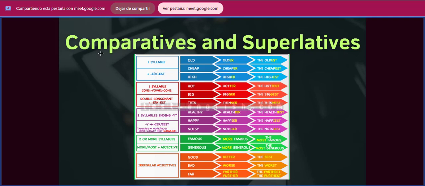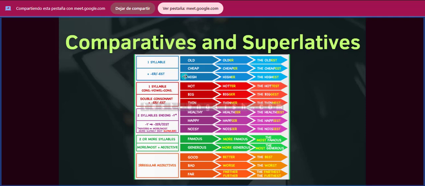And we do comparatives and superlatives with adjectives and adverbs. Remember that an adjective is what modifies the noun, while an adverb is what modifies the verb. So that's the main difference between adjectives and adverbs. To make the comparisons, we all need to follow some rules. And basically, we will divide the adjectives or adverbs depending on the length of the word. So if it is a one syllable word,